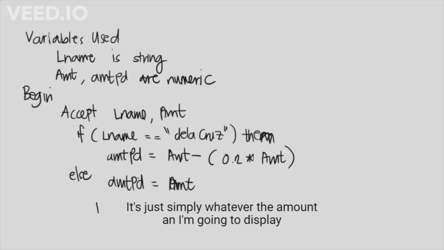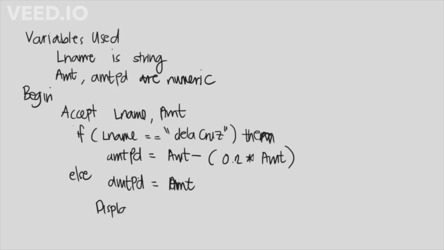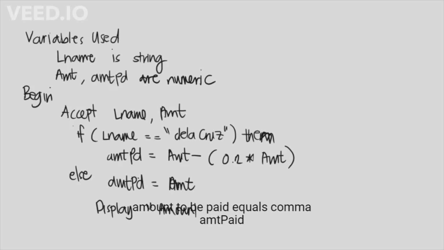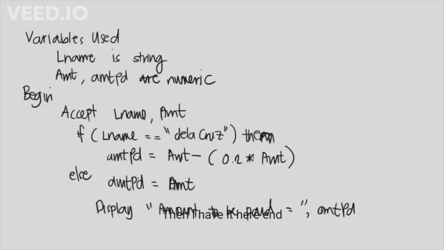Then here I'm going to display amount to be paid equals, comma, AMT paid. Then I have it here. And